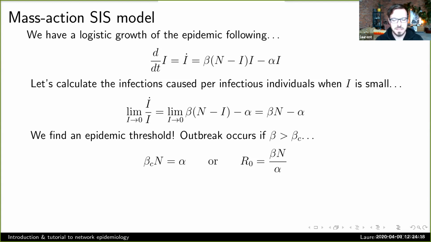And often you'll see this parameterized by this R naught quantity, which really is the average number of secondary cases that I will cause if I get infected early on, right? How many infections will I cause? And I tend to call those secondary infections. So this R naught here would be beta N over alpha. If it's greater than 1, I grow with this exponential rate of R naught. If it's smaller than 1, I decrease.